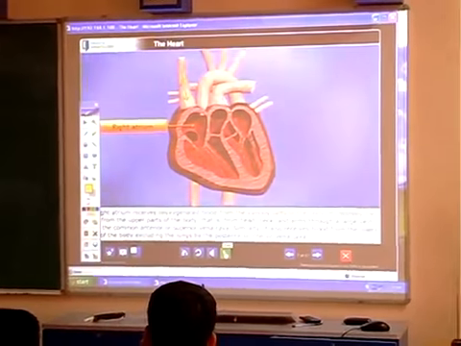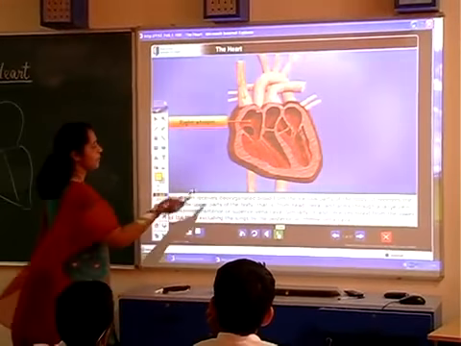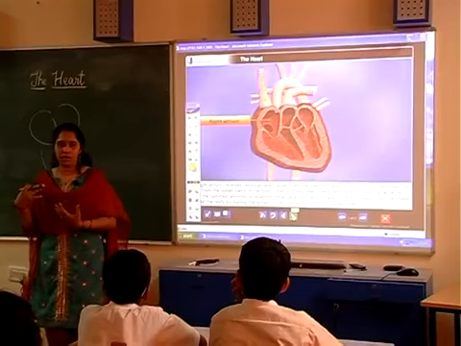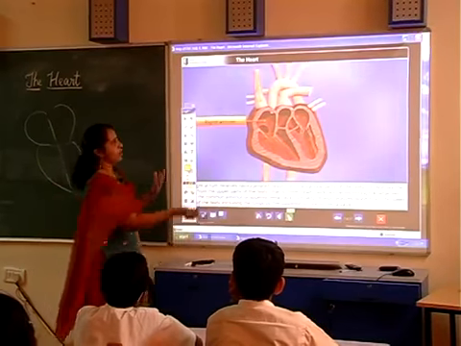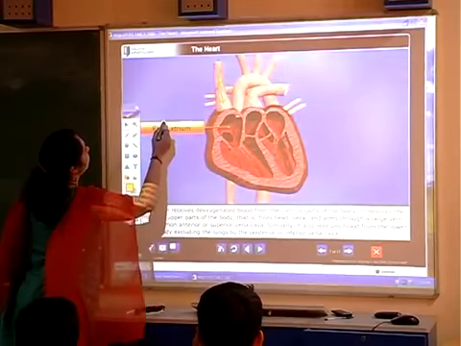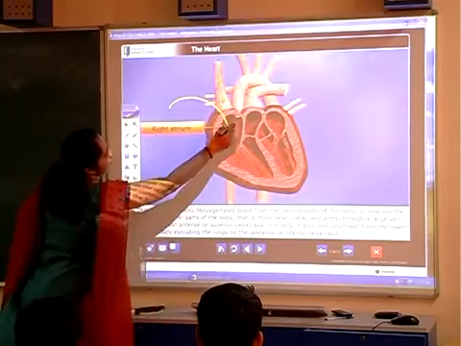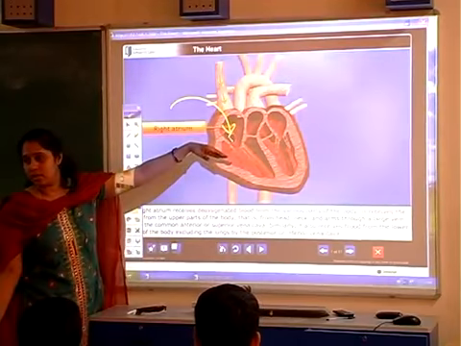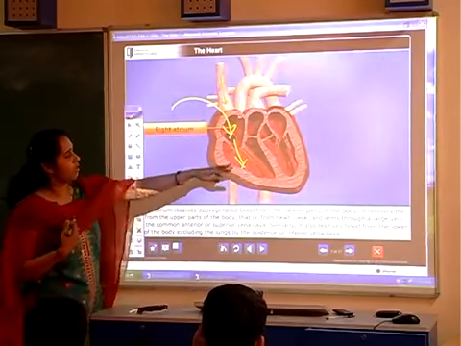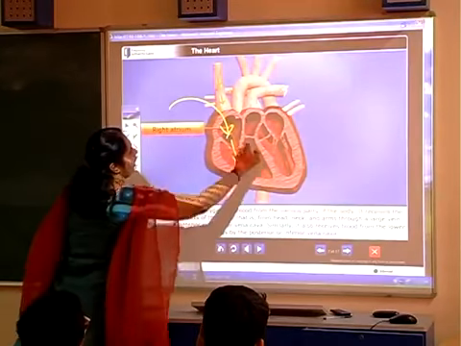Okay, now we'll see how the blood circulation actually takes place. Now if you see the right atrium, the right side of the heart will receive all the impure or deoxygenated blood. Okay, so we have the superior and inferior vena cava, which bring the deoxygenated blood into the right auricle, and then this deoxygenated blood enters into the right ventricle, which then enters into the